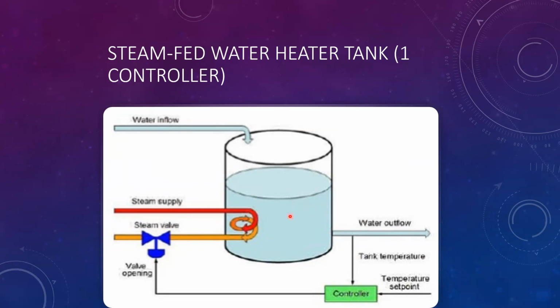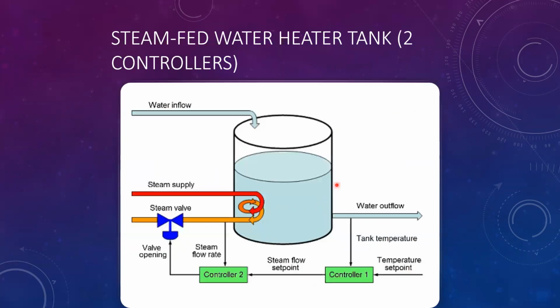So in order to solve these problems, a second controller can be introduced, and this is our cascade control system, which has two controllers. The second controller is going to take the responsibility to manipulate the valve opening based on measurements from a second sensor that monitors